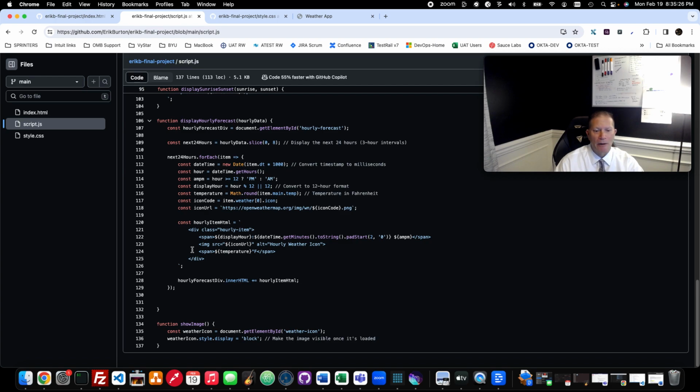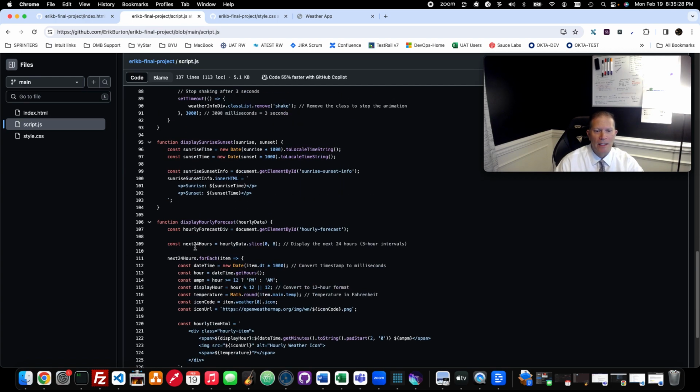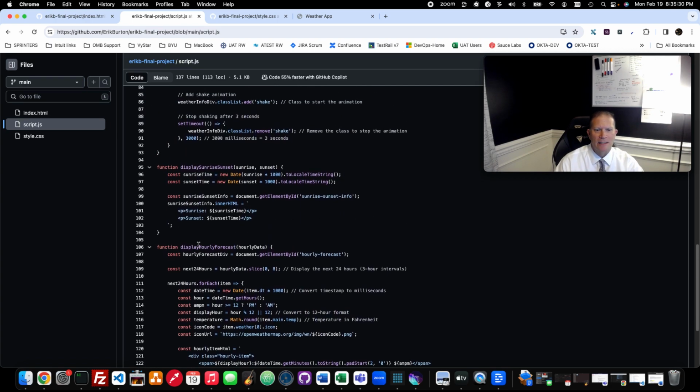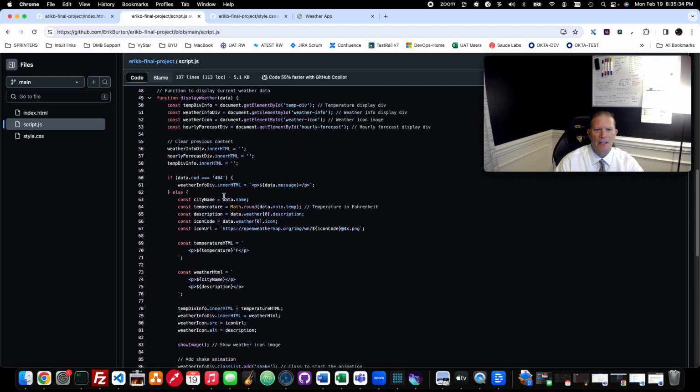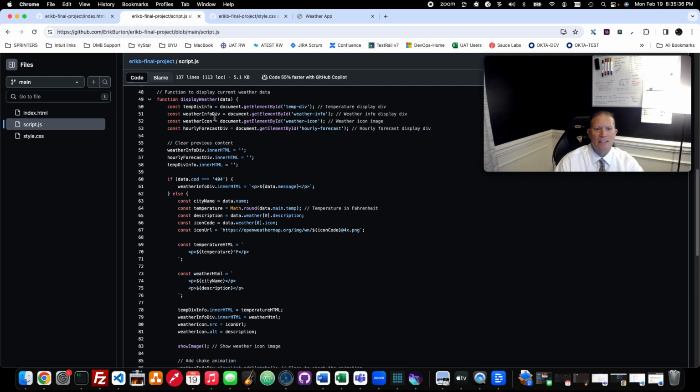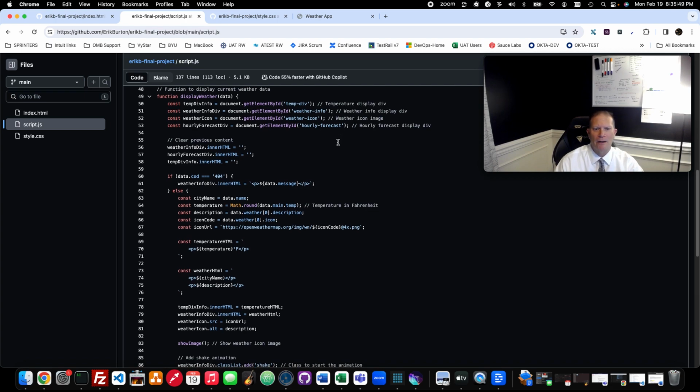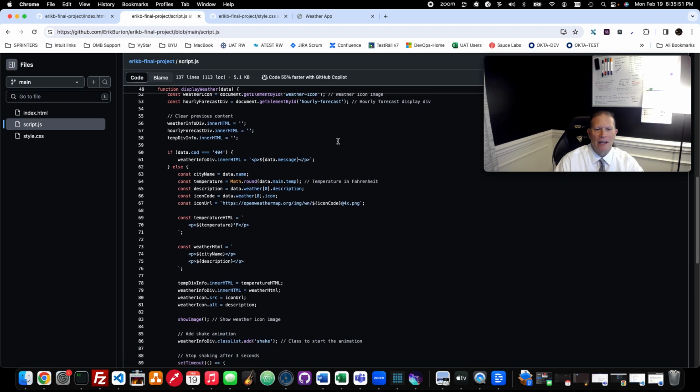So displaying the hourly forecast and the sunrise and sunset times, we use these functions here. So to display the weather data, the temp info, we're getting the element by the ID temp div, temperature display div, the weather info display div, the weather icon image, and